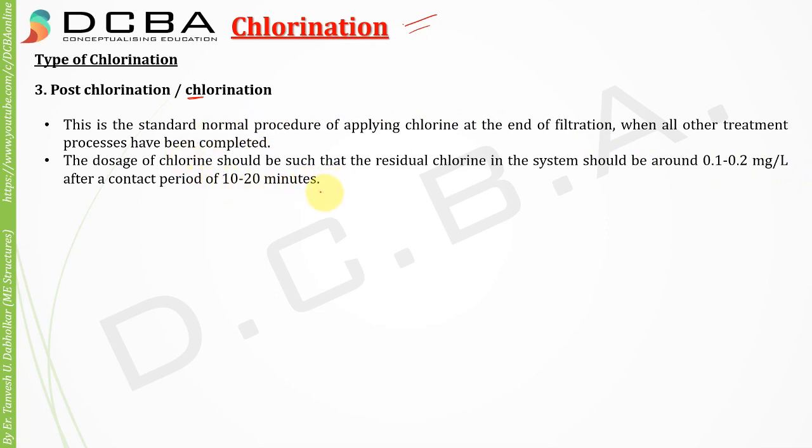This I have already explained to you in the chlorine Venn diagram. This residual chlorine ensures protection from any further contamination. This also I had explained in the last video lecture, why that residual chlorine is required: there can be a possible contamination when we are supplying the water to the consumer. So in between, if any contamination is there, that residual chlorine takes care of it.